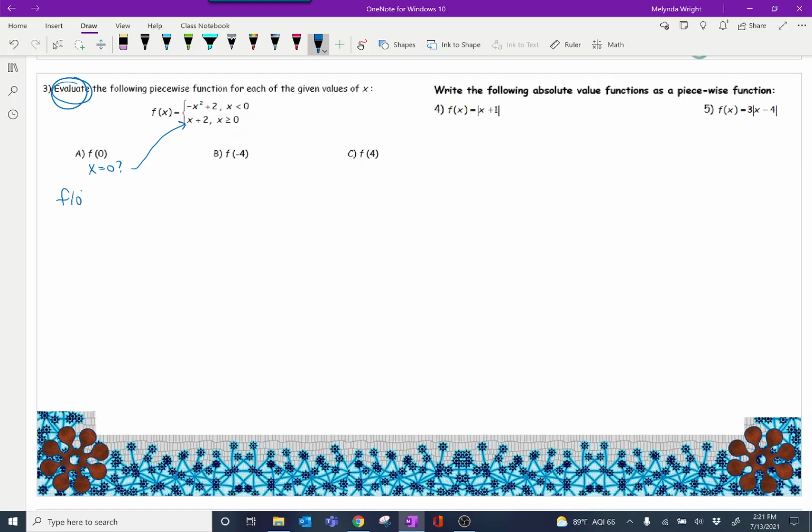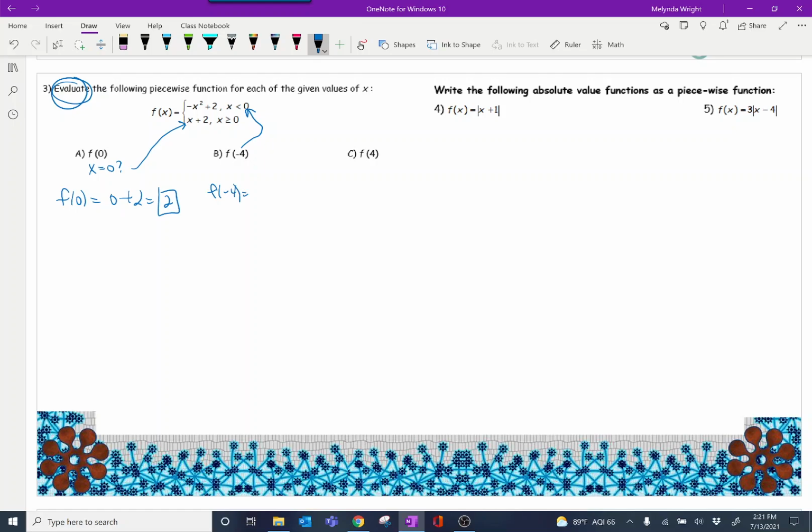So f of 0 would actually be 0 plus 2 or 2. Okay, so that's how we have to make a judgment first of which piece we need to use, and then we substitute. So f of -4, that's where x is smaller than 0, so f of -4